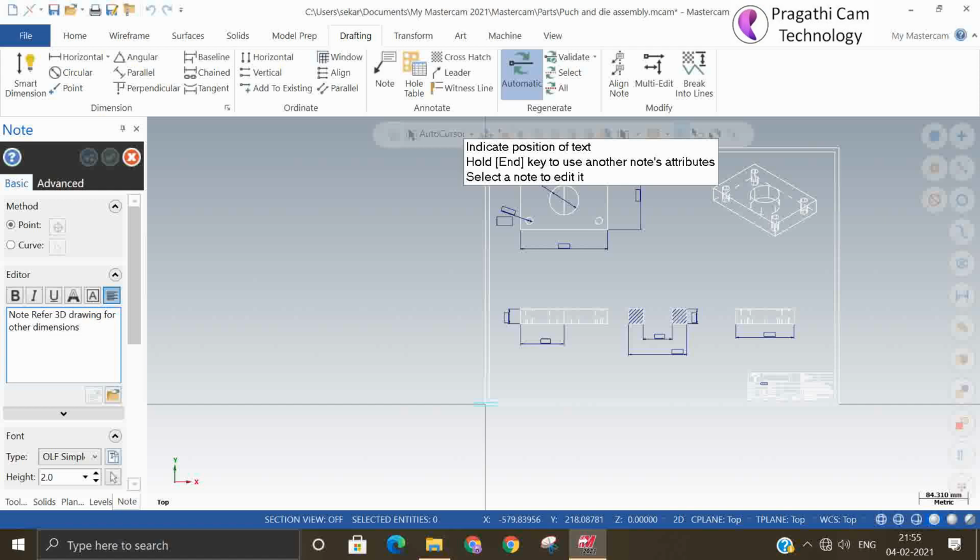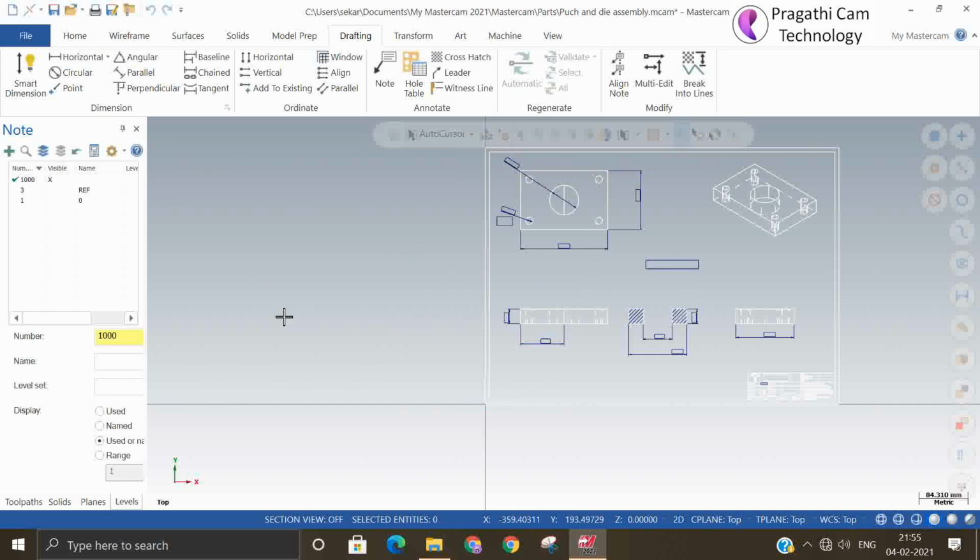So like this you can provide the note also. So here you make it a little bigger, keep it there.